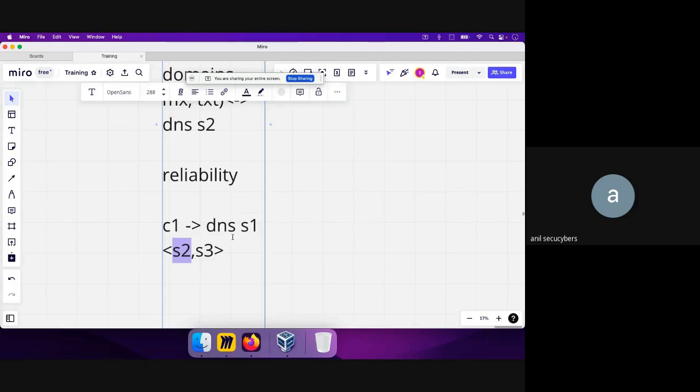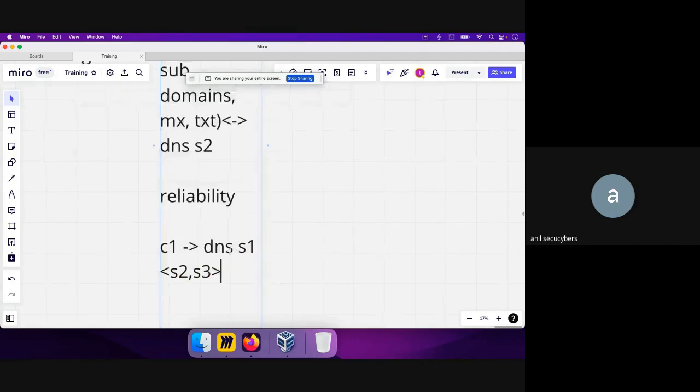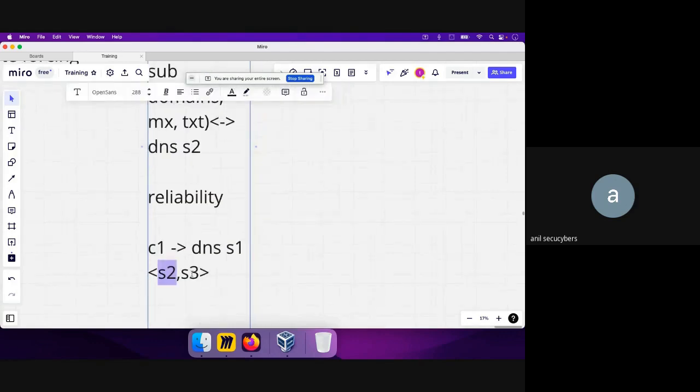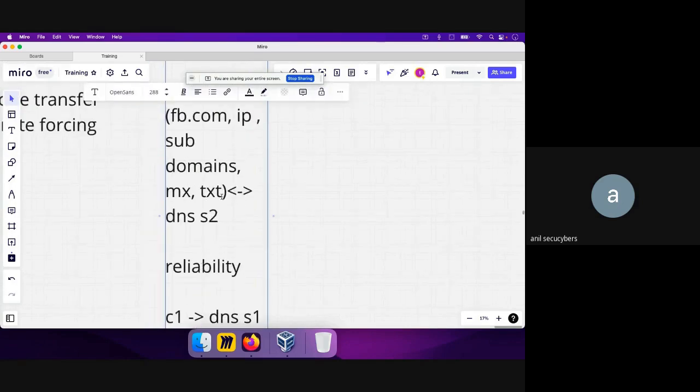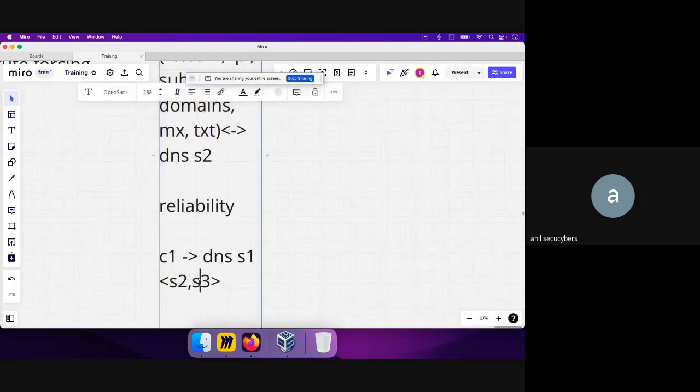what they will do is that rather than having one DNS server, they'll host multiple DNS servers. So if one of them goes down, the customers can get the IP address from other DNS servers like server 2 and server 3. Now, how will these servers have the latest records of all these details? They do that at every particular interval, let's say every day or every hour, by doing a zone transfer query